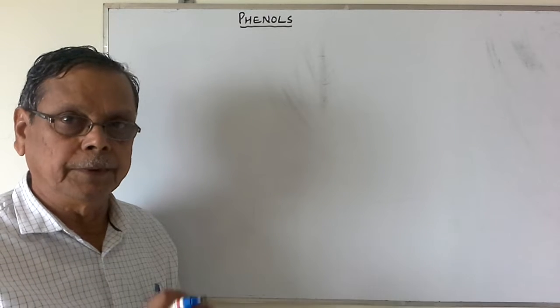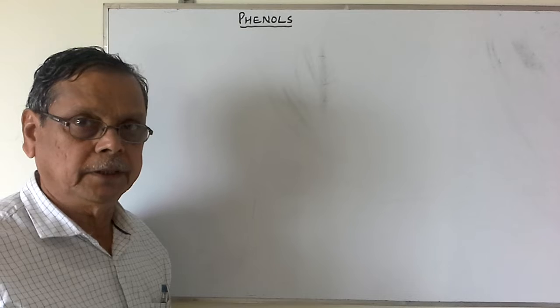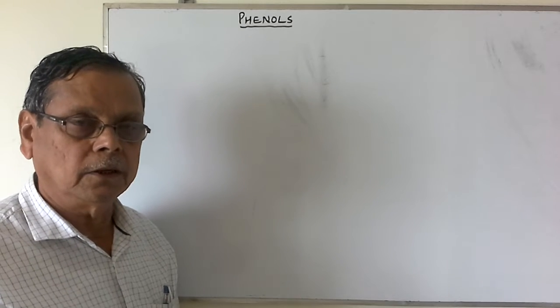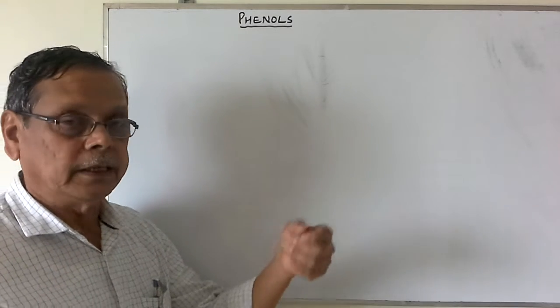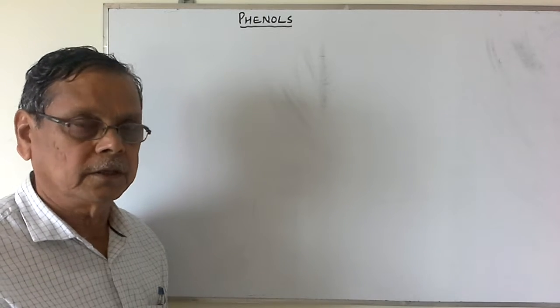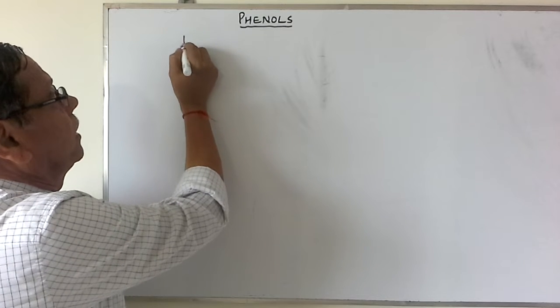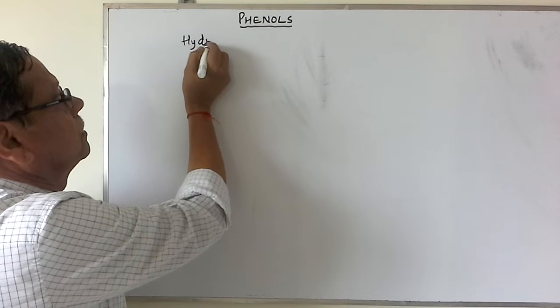Welcome back to the topic on phenols. We were studying the alcohols, phenols and ethers chapter. The alcohols topic is over. We will take some compounds, methyl and ethyl alcohol, after the phenols. So phenols can be defined as hydroxy derivatives